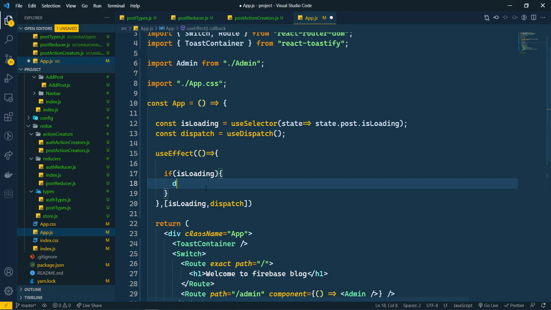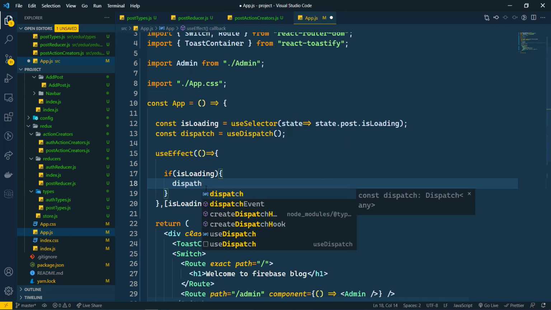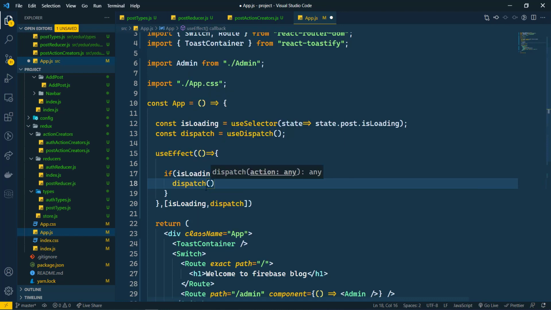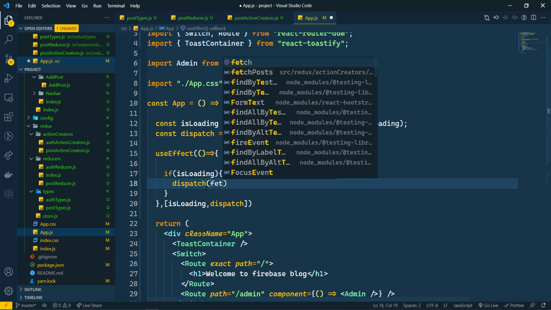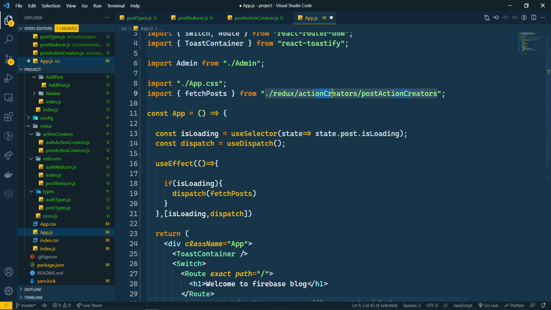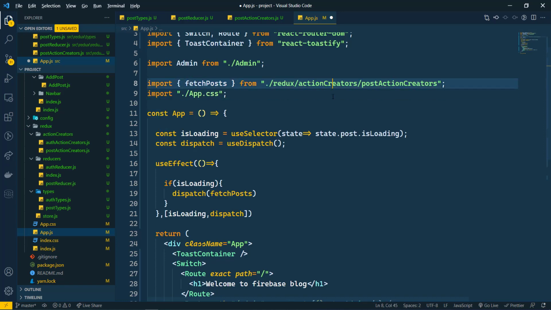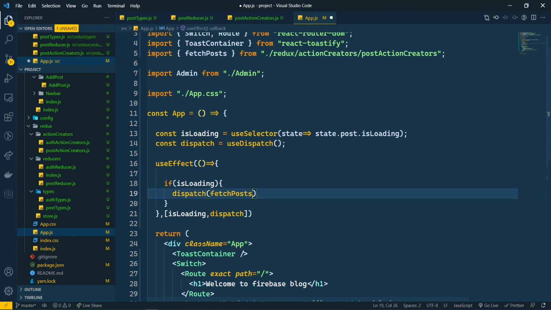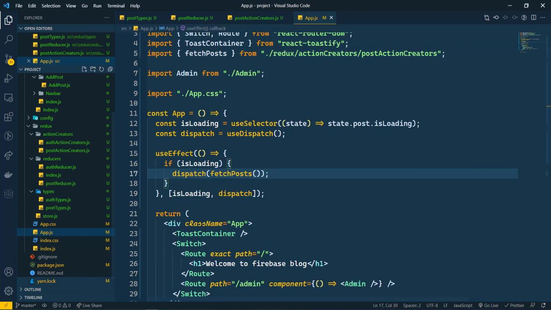Because we are going to use dispatch here, we are going to dispatch fetchPost. Fetch posts are successfully imported from the Redux action creators, the post action creators. So fetch post, done this, and let's save this.